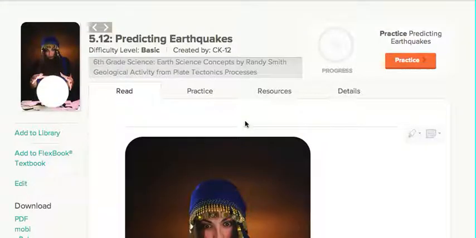All right. Hey, tonight's reading is on predicting earthquakes. I'm going to read two sections for you. This is 5.12, and we'll do 5.13, and we'll start to get ready for our test that we're going to have on